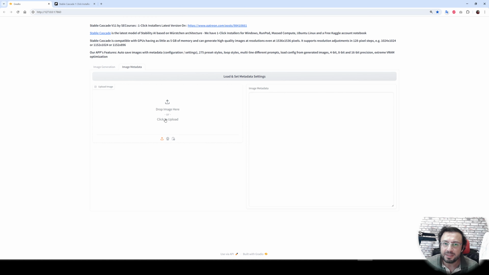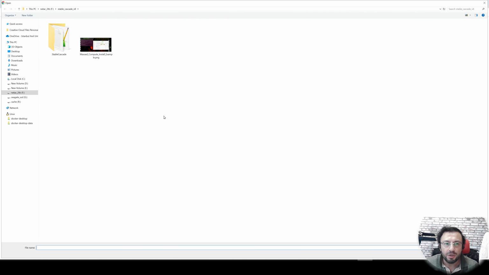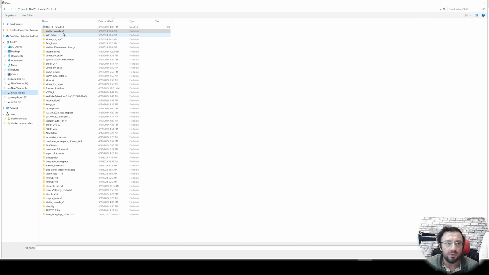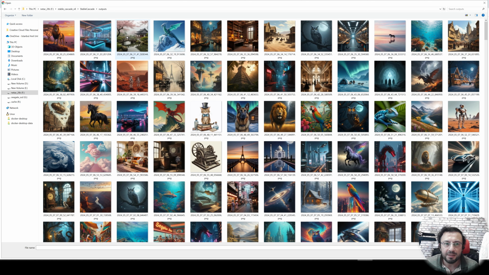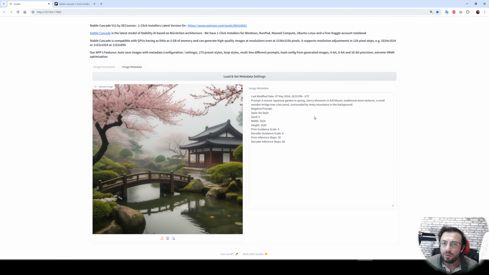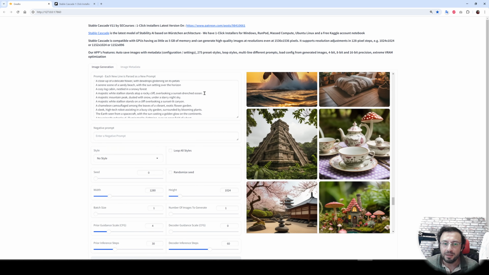Moreover, this application saves the metadata of every generated image, so you can load any image from your outputs and you can see the metadata of that image like this. It also allows you to load and set metadata settings with one click. So all the settings that you have used to generate that image will be loaded here.